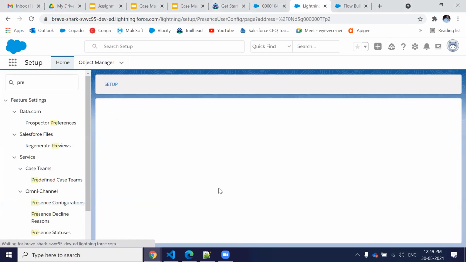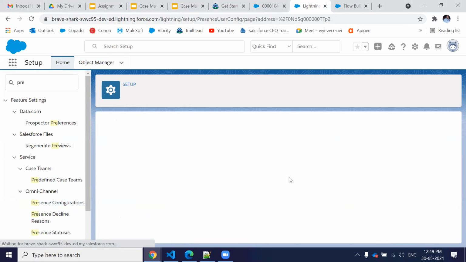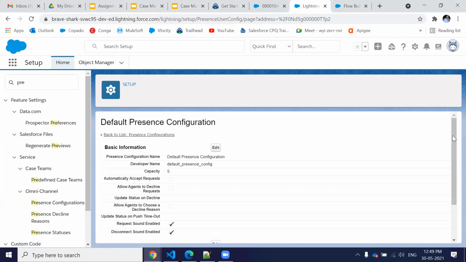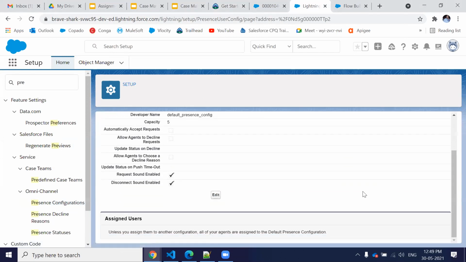For Apex and Flow, we do not have to use the presence configuration. See, assigned user: unless you assign them to another configuration, the default presence configuration is automatically assigned to the agent. So I do not have to do anything here.